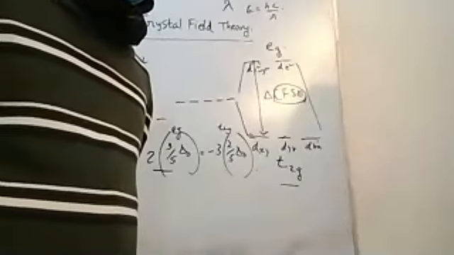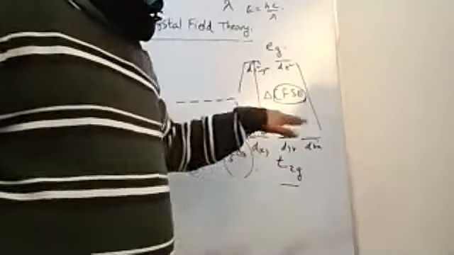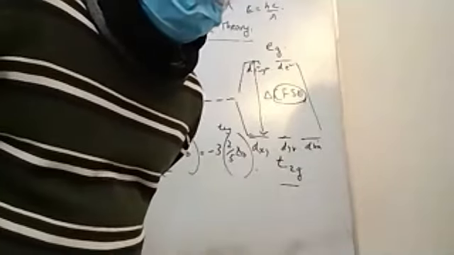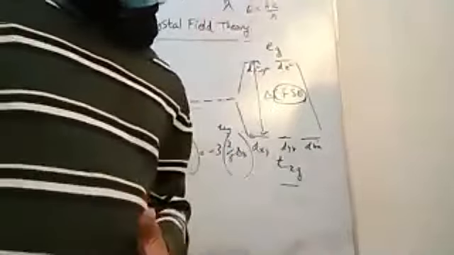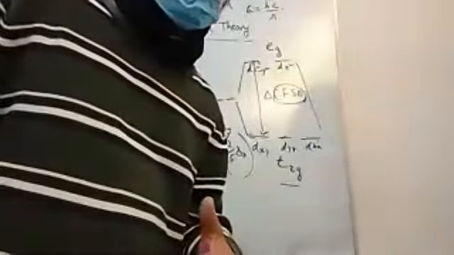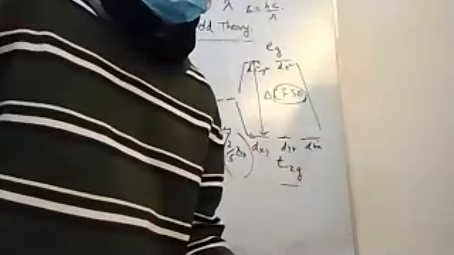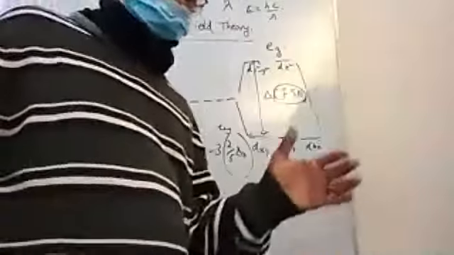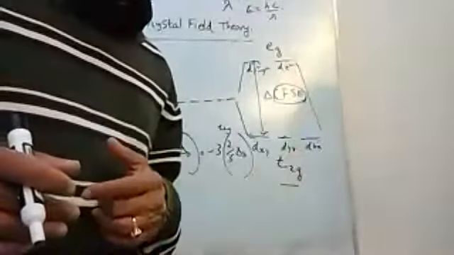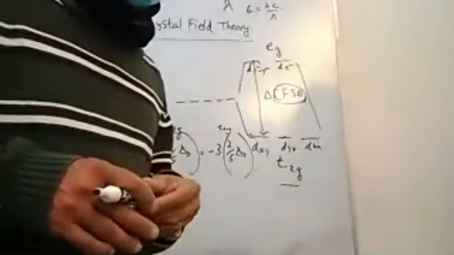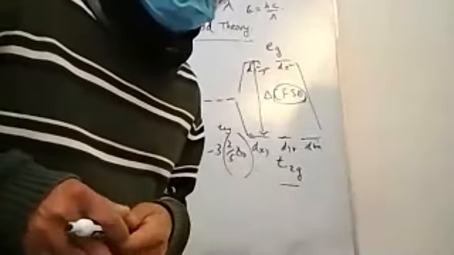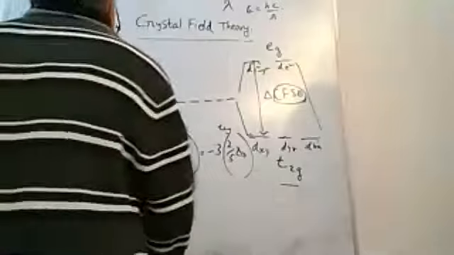The splitting energy depends on the valence state of the metal. The larger the valence, the higher the splitting energy. And as you go down the periodic table, for example, if you go from manganese down, elements down below, like rhenium, have a larger splitting compared to elements above. So we'll get into that in a minute. And the nature of the ligands also has a role to play with this. So let's look at a few complexes and then see how we can estimate the electronic configurations of the coordination complexes. So moving on.